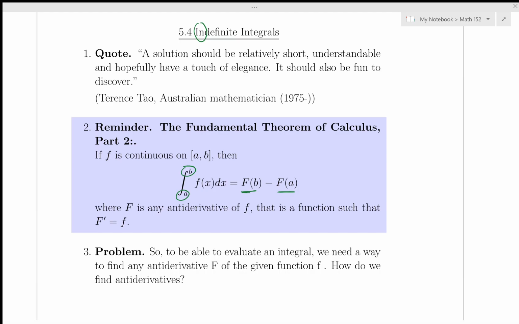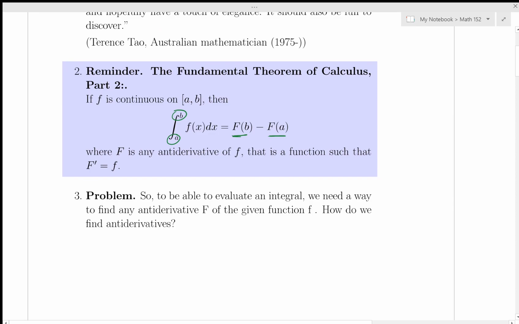So in order to be able to evaluate an integral, we need a way to find the antiderivative, capital F, of the given function, little f. And so what we're going to talk about for the next little while is how we go about finding those antiderivatives. So let's just make a note in our head of what is important here, and that is both parts